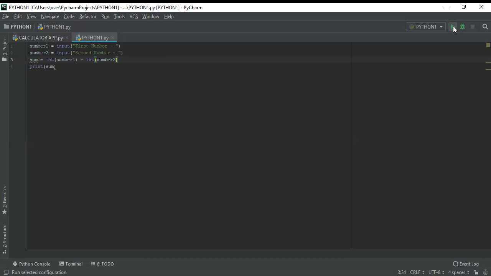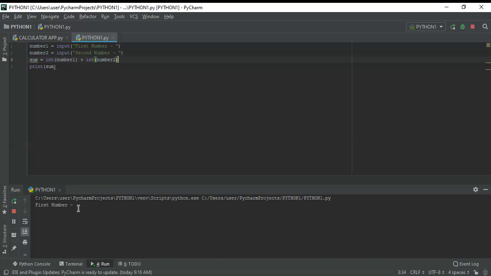Now I'm going to run it. First number 2, second number 6. Answer is 8. So it is working correctly. Now we also want that it shouldn't be that the answer is just written right here. Like it is written the first number is this, second number is this. Same way it should be written like, and the sum is this. So for that we can write right here